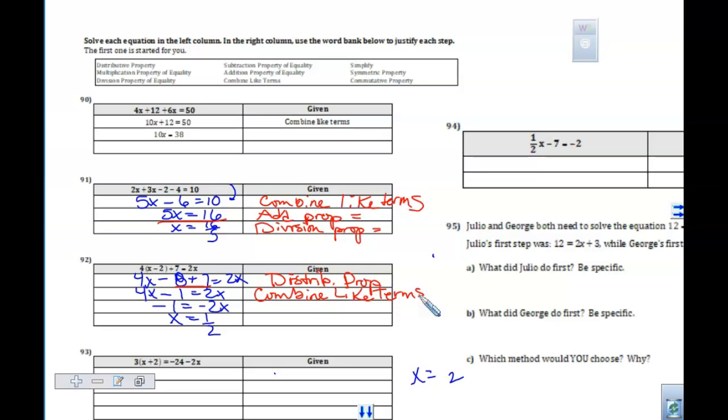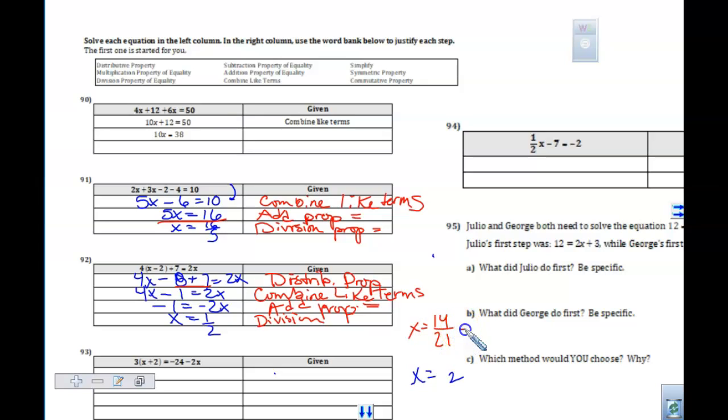Okay? Griffin, the next one? Addition property of equality. Okay. And if I'm looking at the last one, what would you say, Riley? Division property. Now, what if I would have had something like x equals 14